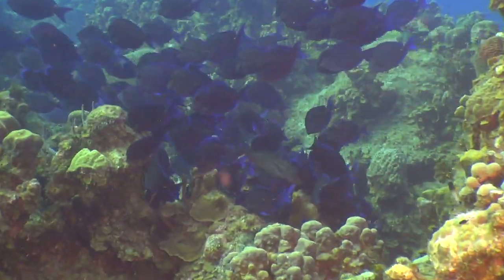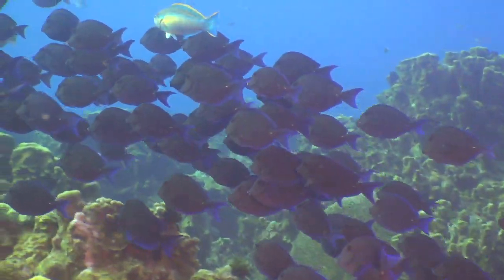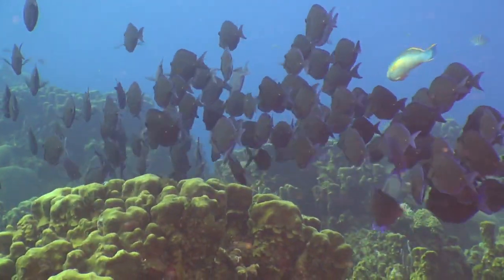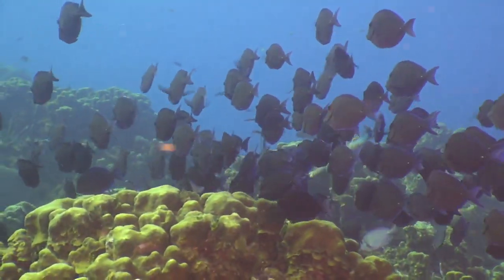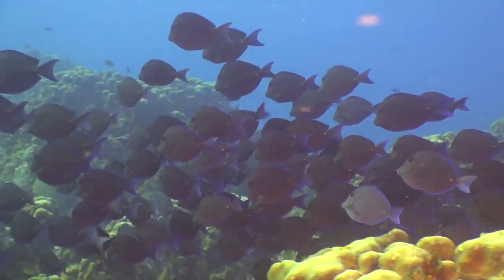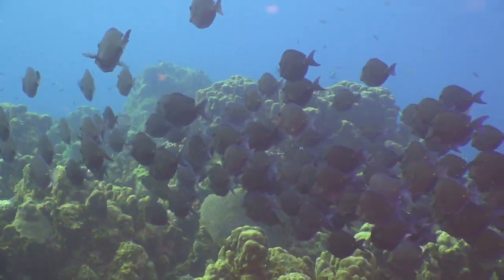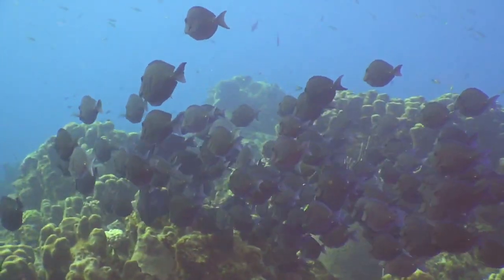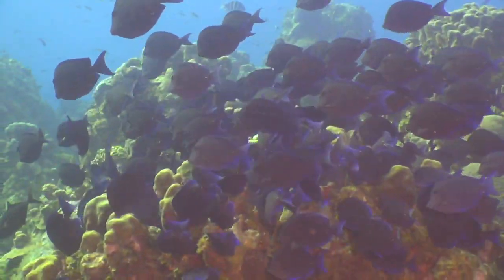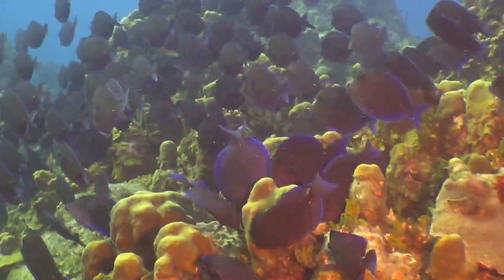And this is actually a really essential function here on coral reefs, because algae does tend to settle on coral, and when it does that, it can start smothering the light that is needed by the algae that lives inside the coral that actually helps to feed the coral. So it also may block polyps from feeding, so it can really mess with the coral's ability to get energy for itself. So by coming across and scouring the reef of algae,